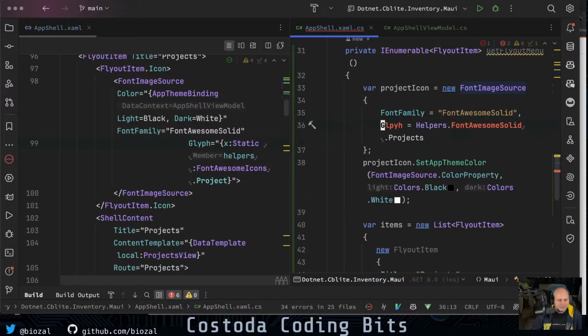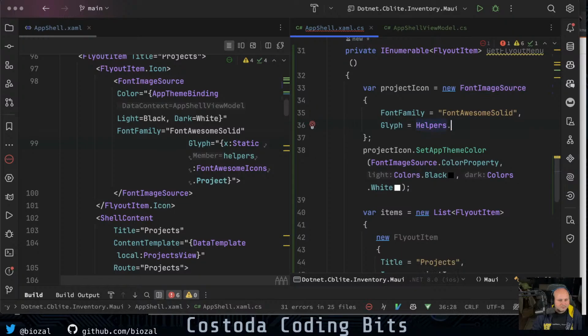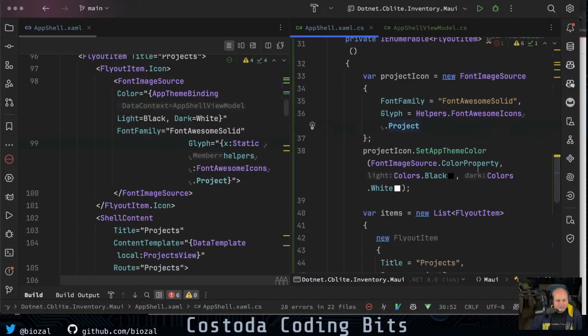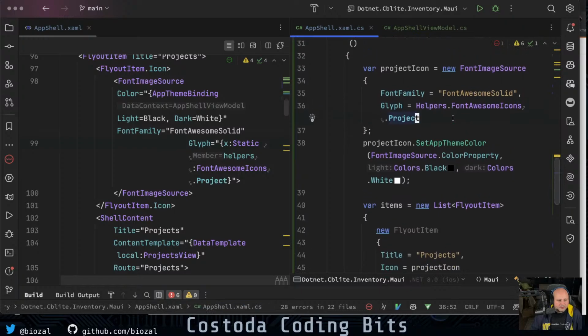That's right. It's spelled wrong. It's helpers dot project. Oh. And then all we have to do is say that the icon